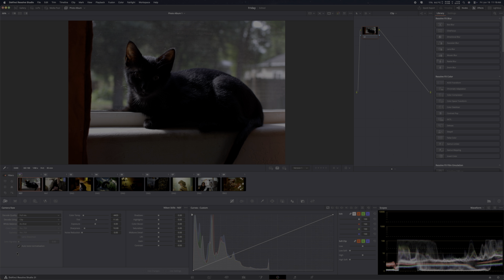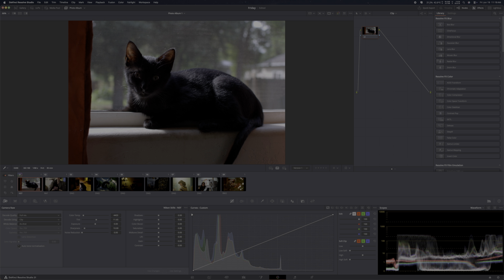Auto tone normalization. Okay, that's interesting. I wonder why it has this. I've not seen this before. Auto tone normalization. Well, it's doing something. I don't know if it's something I like, but it's doing something. It's not pulling back our clipped highlights here, but yeah. So we apparently don't have a highlight, which is fine,